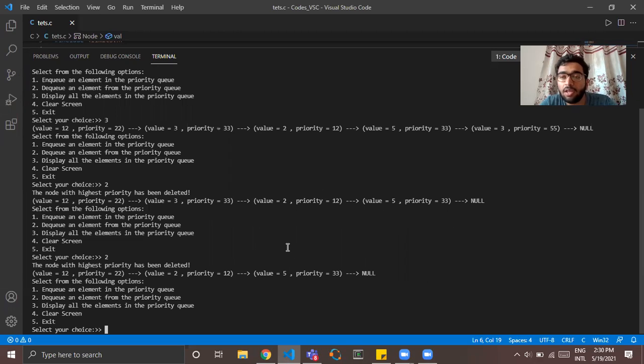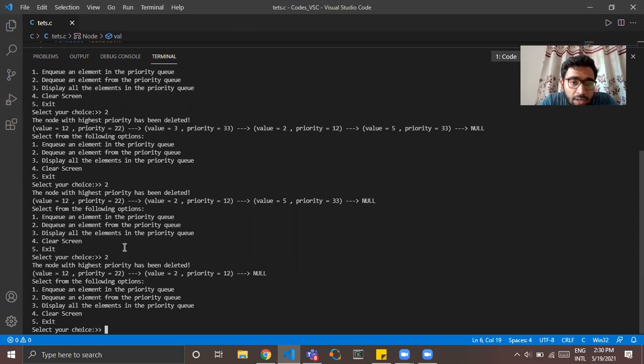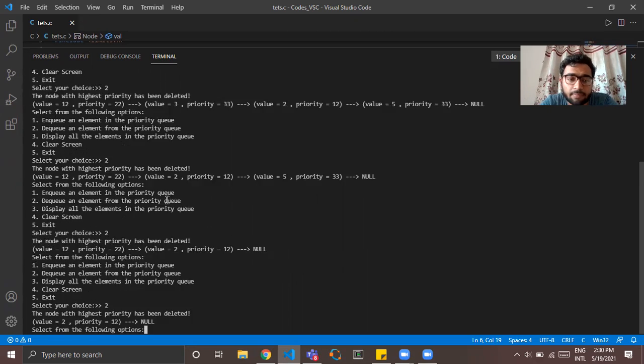node was shifted here. Furthermore, we are going to see in the programmatic implementation how this memory is now being wasted. We are returning this memory back to the heap. Now let's just run deletion one more time. So again, the 33 part should be deleted, which is deleted. Now we have 22 and 12. Now this one with the priority of 22 would be deleted since it has a higher priority.